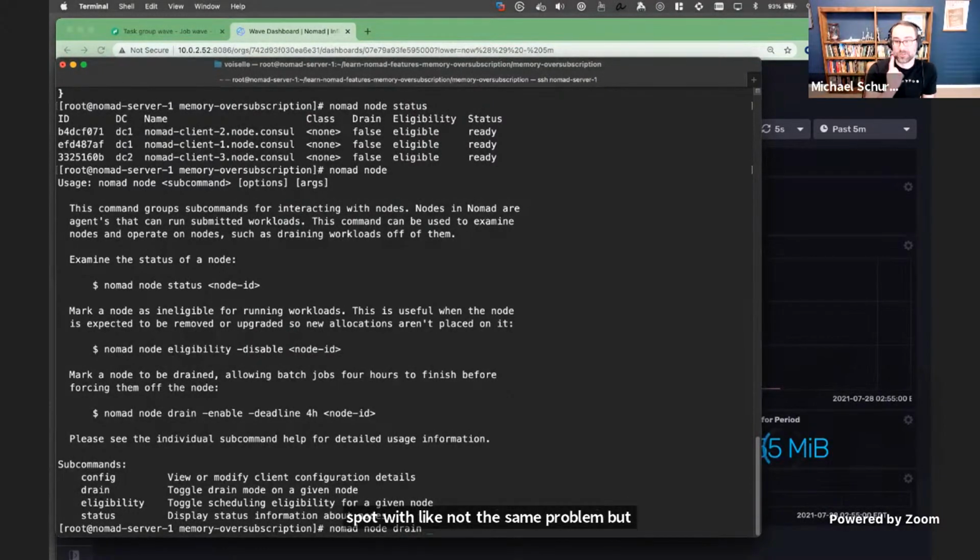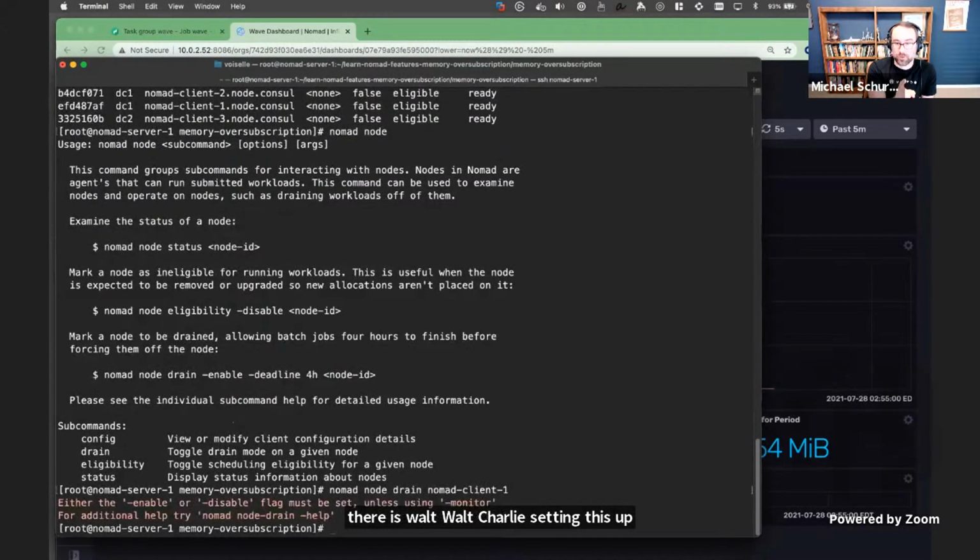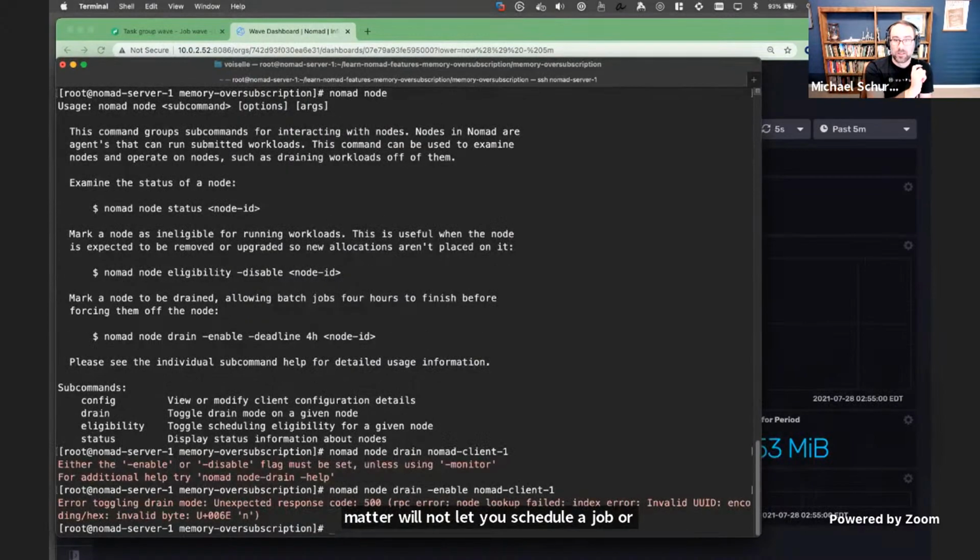While Charlie's setting this up, one other cool thing about memory oversubscription is that Nomad will not let you schedule a job on a host whose total memory is less than your max memory.